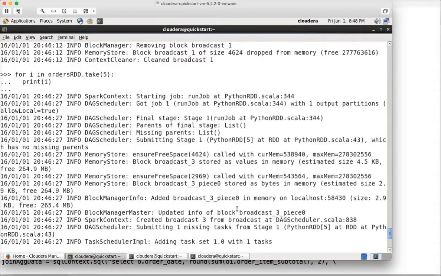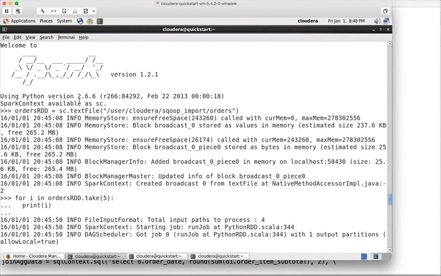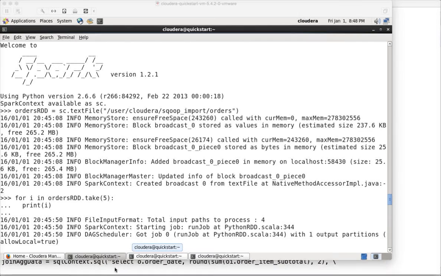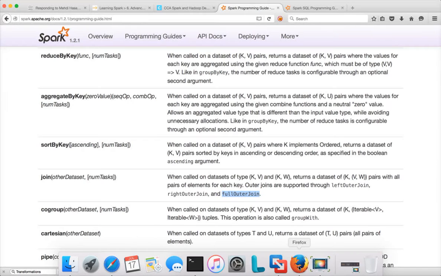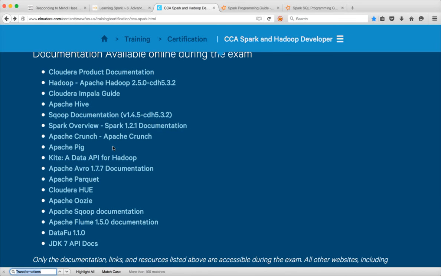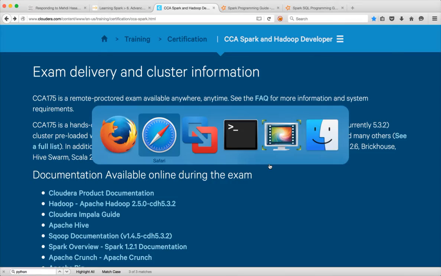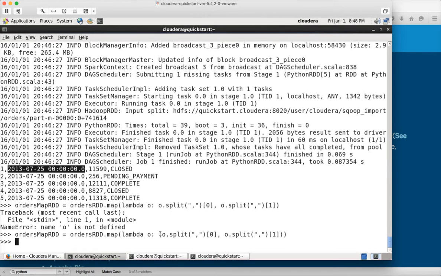And when it comes to Python version, there are some syntax differences between Python versions also, and the VM is using Python 2.6.6, and let's see what version they are providing as part of the exam. Yeah, they are giving Python 2.6, so it should be fine. Okay, so now you have to give braces here, as we are getting the tuples. These are called tuples. As we are getting the tuples, we have to put it in the braces here,